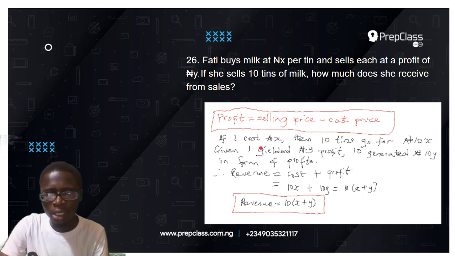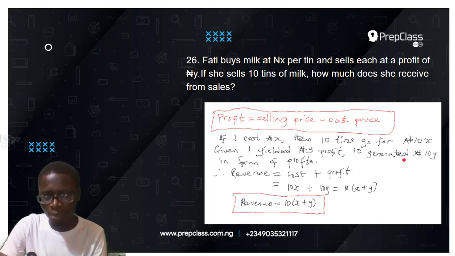Now take a look at this. If one thing costs X naira, then 10 things would go for 10X naira. Also, if one thing yielded Y naira profit, then it is natural to conclude that 10 will yield